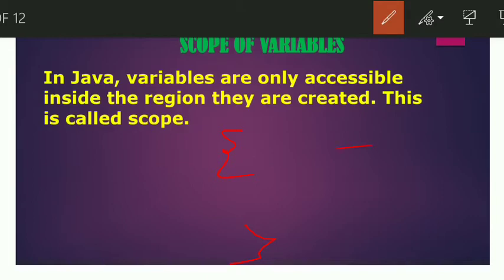So whatever variables are created within this opening and closing brace, those variables can be used within that block. They cannot be used outside that opening or closing brace. This is called scope.